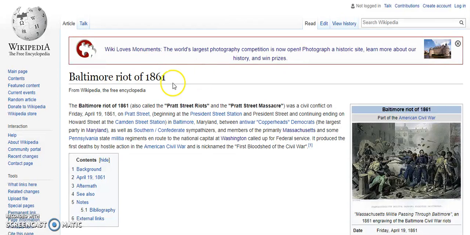So you could really look at the divisions in the state. What are their decisions here? Are they going to compromise to stay with the Union? Or, how does the Pratt Street riot really show the conflict brewing and the decisions Maryland has to make, being a border state, and their overall goal of trying to remain neutral in this whole Civil War conflict. So I like the Pratt Street riots, especially for local Baltimore history.